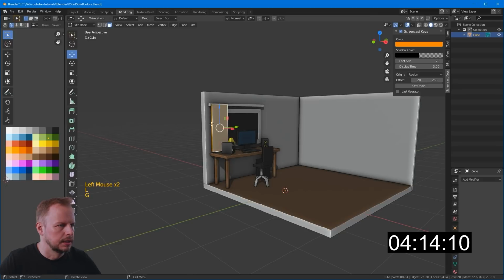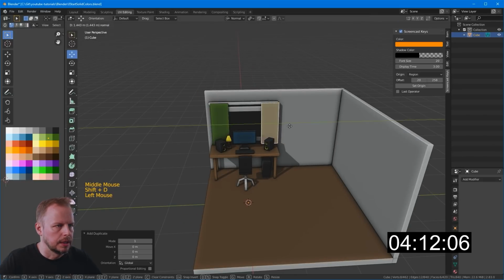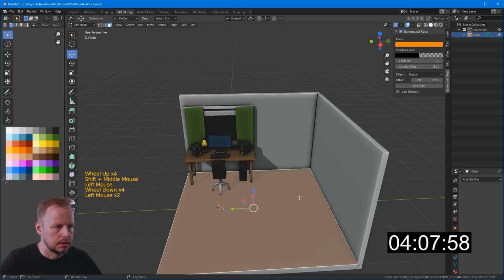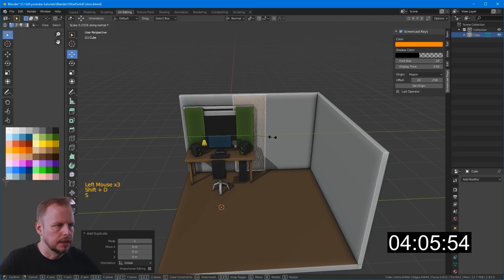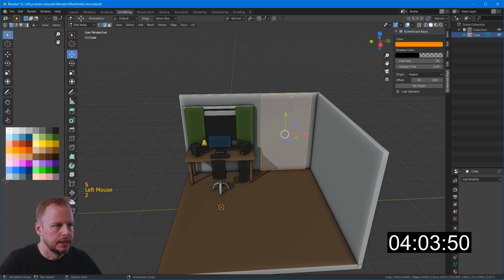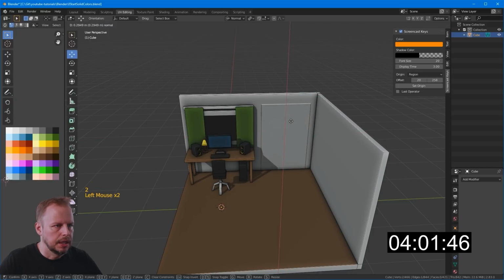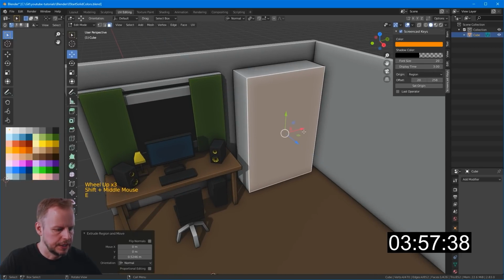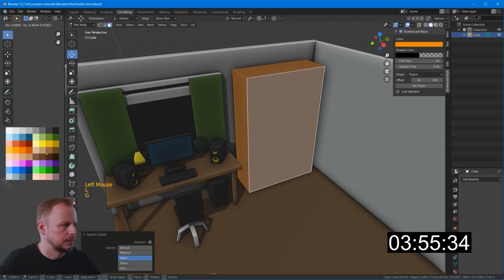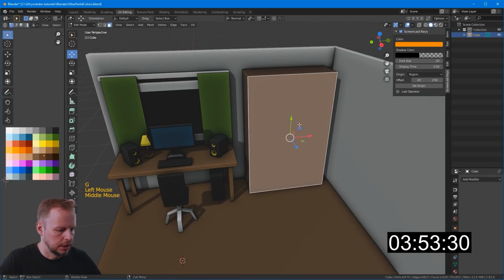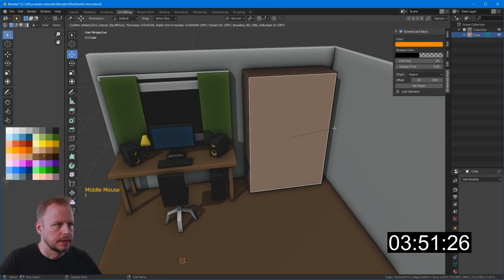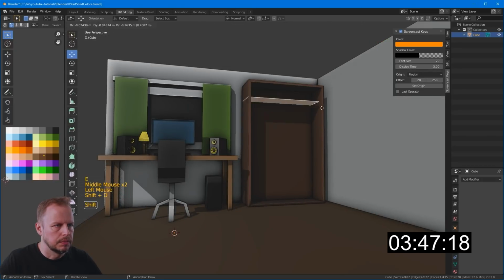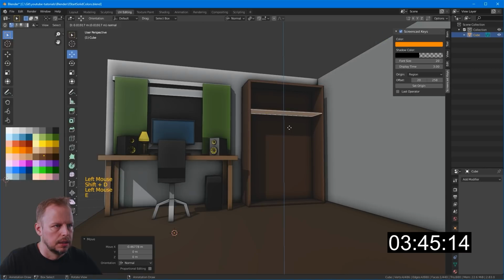Should we make them green? Shift D, duplicate them too. There we go. Now, let's make a Shift D on the whole thing there again. I'll borrow the wall here for, see, I'm gonna make a bookshelf. 4 minutes to go. Time is flying so fast. Literally. So there's our bookshelf. I to inset, E to extrude, and then borrow this face here for some Shift D, E to extrude that